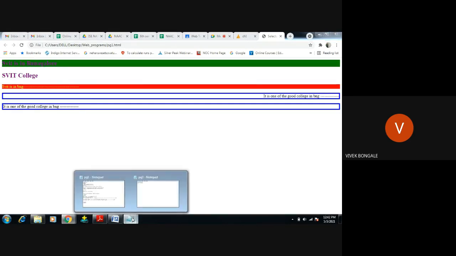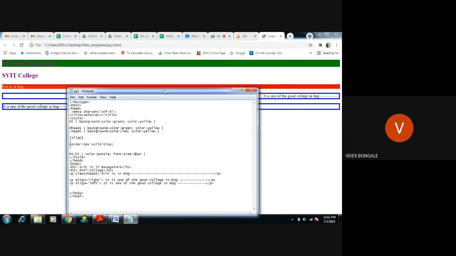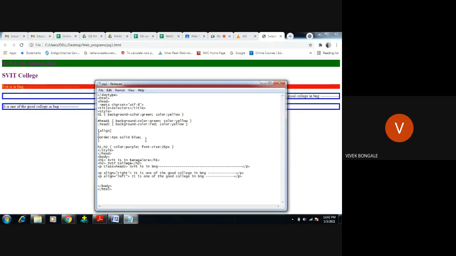Okay, it's working. Instead of 5 I have given 25 pixels. So see, the color is purple, it displays Bangalore in purple, and font size is 25. The same thing we have used for h2 also. So h2 is SVIT college, the same color and font size 25.